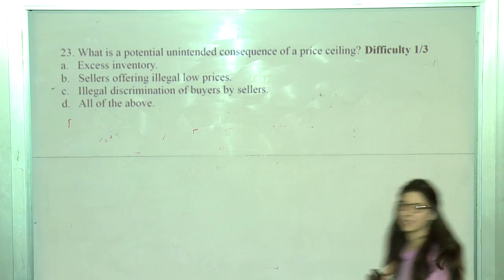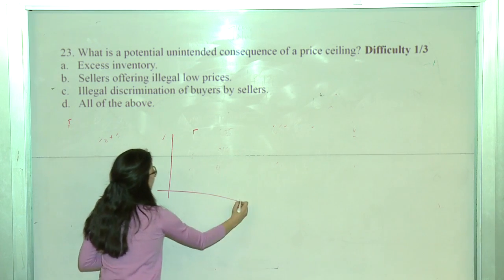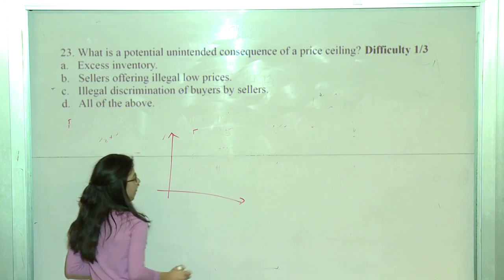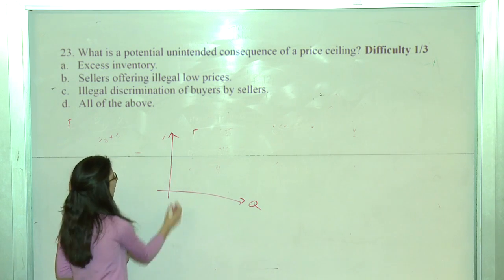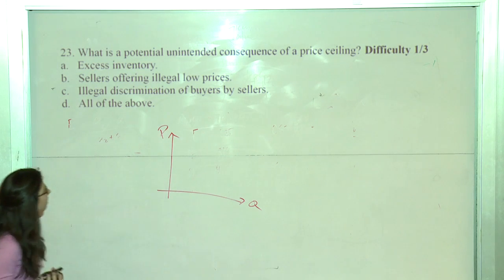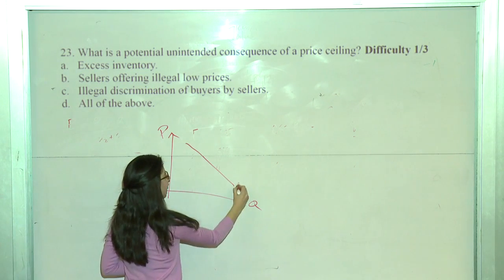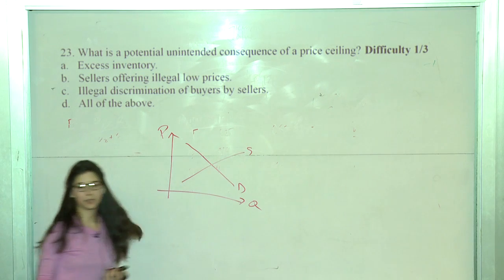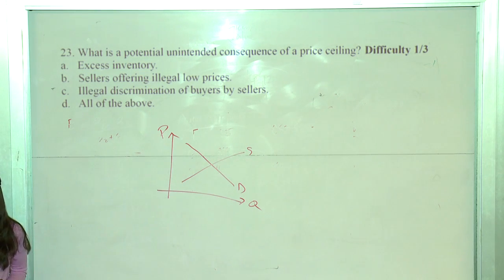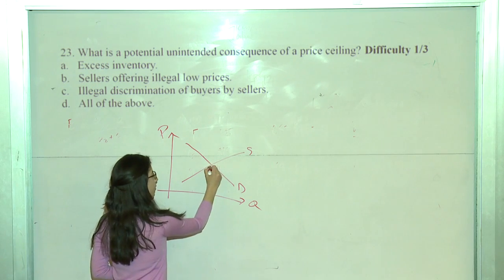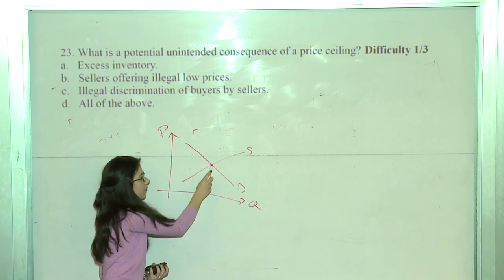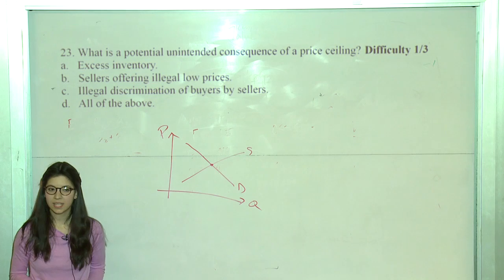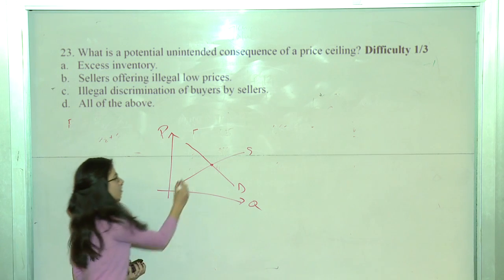Excellent. So graphically, what does that look like? Let's have a look. If we're looking at our usual supply and demand framework, quantity on the x-axis, price on the y-axis, and we have our demand curve, our supply curve, and we're told that we faced a price ceiling. So that basically means the following. The equilibrium point in this system is defined by that intersection right here. The price ceiling tells us, however, that we cannot